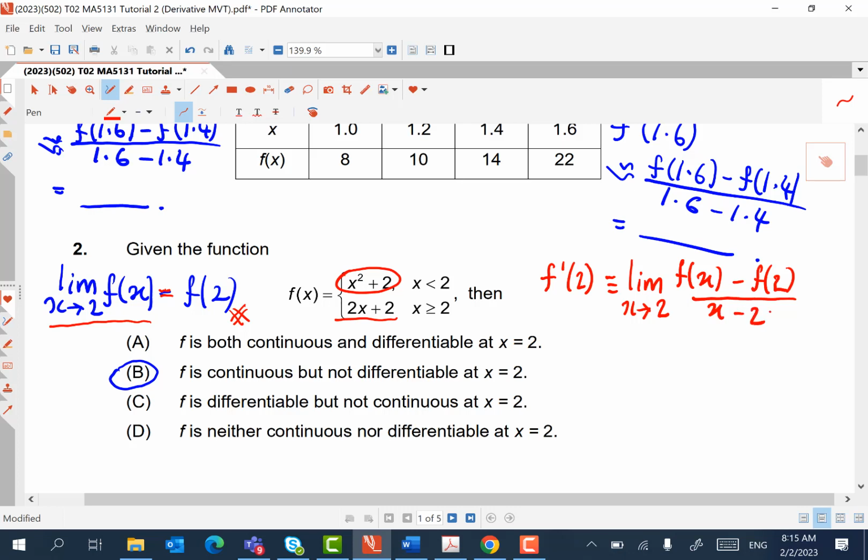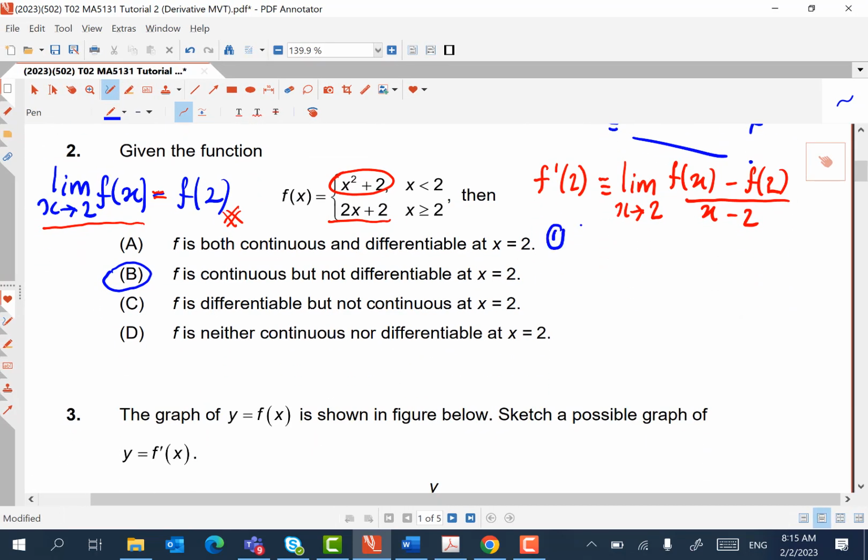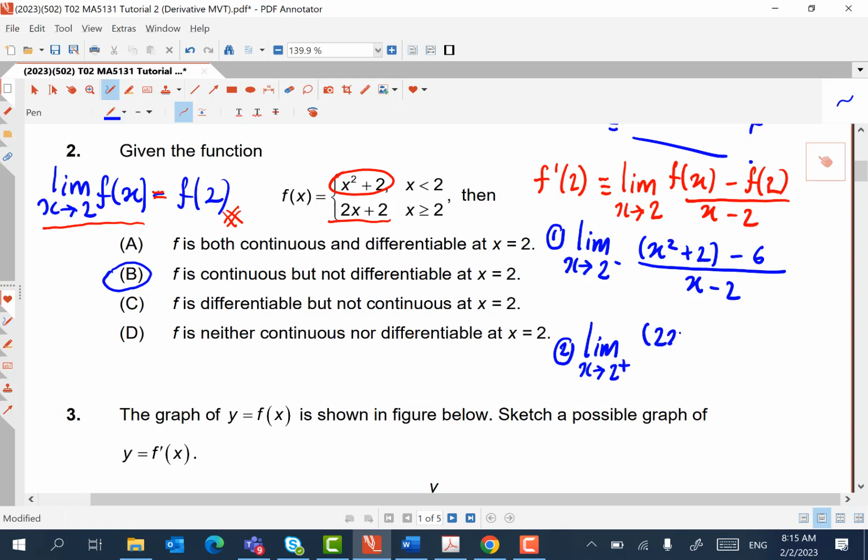And to calculate this derivative, we have to do it in 2 steps. Step 1, what must you do? The limit as x approaches 2 from the left. If it approaches 2 from the left, the function to use is x squared minus 6, and then over x minus 2. And then what must you do next? You must also find the limit as x approaches 2 from the right. From the right, it is 2x